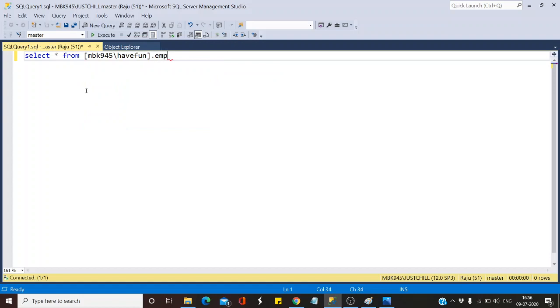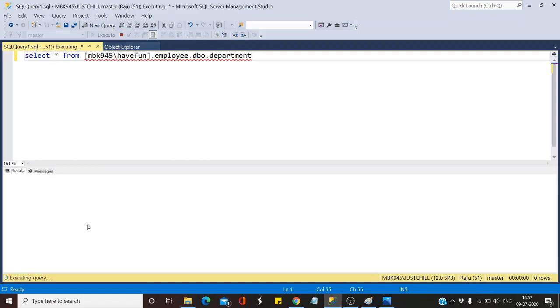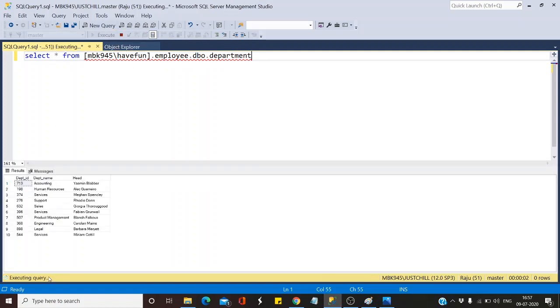What is the database? Employee. And the schema name, in my case the schema is dbo. And finally you need to type the table name. What is the table? Department. Just click execute. Now see, I am able to access all the rows present in the department table of instance 2 using instance 1's login.